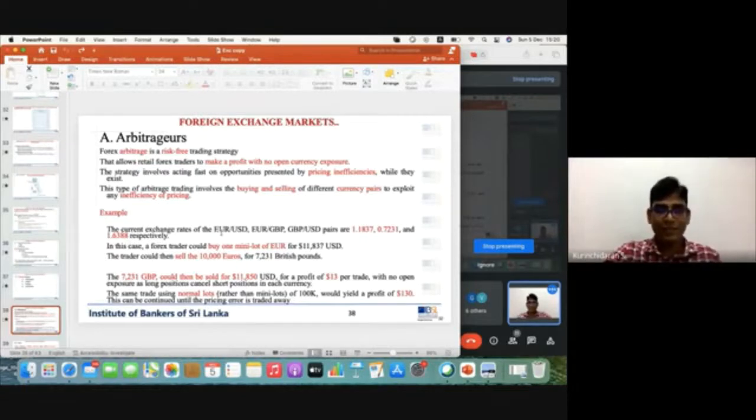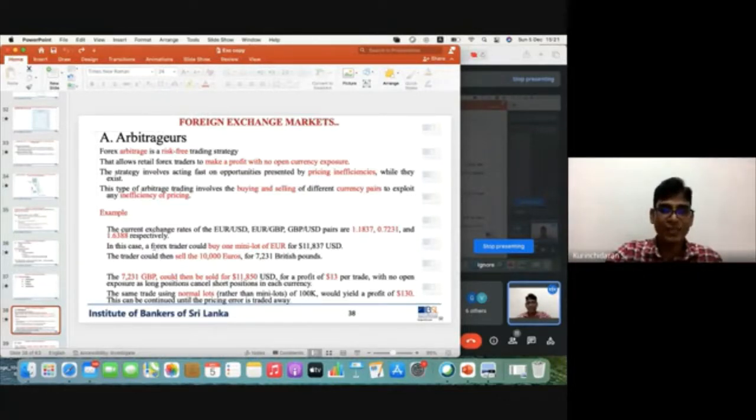I have given here three exchange rates, three pairs, right? The first one is EUR USD, the second EUR GBP, and GBP USD. You have these exchange rates, right? Because there are no boards and all, I'm not going to write and calculate and show you. So I'll just explain step by step. If you want, you can work it out and see how these arbitrageurs get the profit out of these small differences. Now this is the exchange rate in the market,